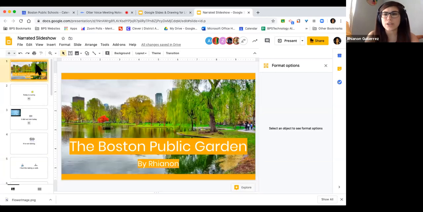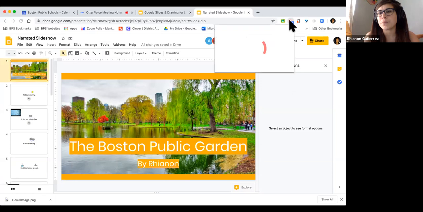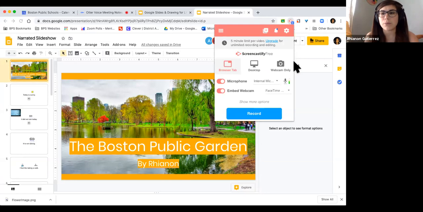So here is my slideshow that I'm going to do a recording of. And I mentioned Screencastify has a 5-minute limit, which works for me. This recording isn't going to last longer than 5 minutes. I'm keeping it simple. I've already installed it at the Chrome Web Store. And once I do that, I can click on the icon for Screencastify up here to activate it. It was going to ask me a couple of things about making sure that things are turned on, which is important if you want it to work. So I've turned on my microphone, I've turned on my webcam, and I want to record my desktop. Let's do that.